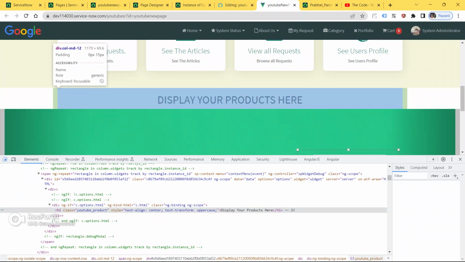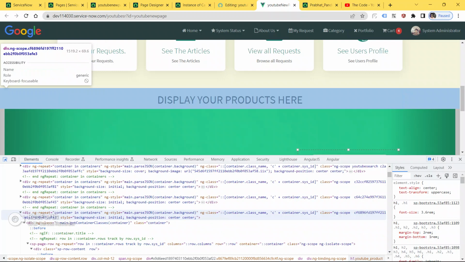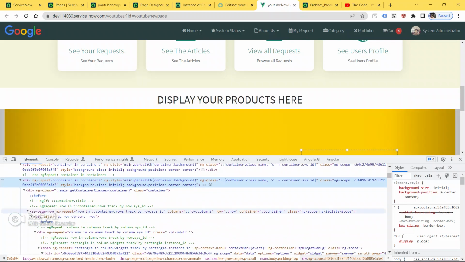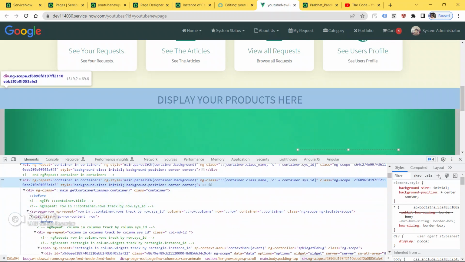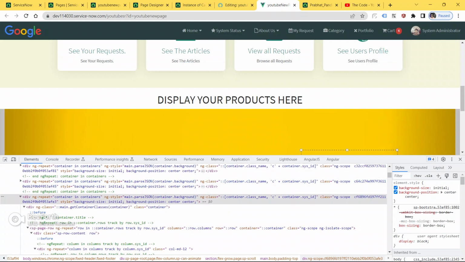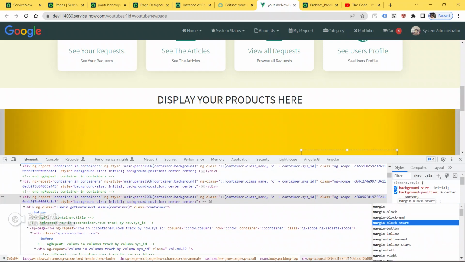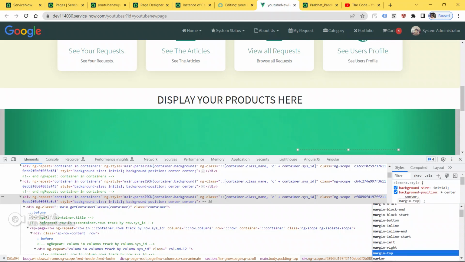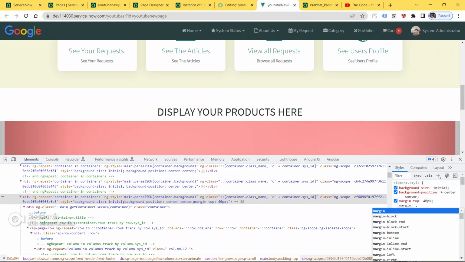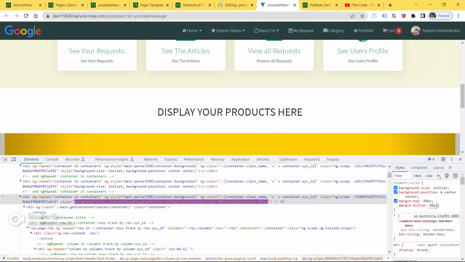Now we will do some CSS here. Give margin top 40 px and margin bottom also 40 px.